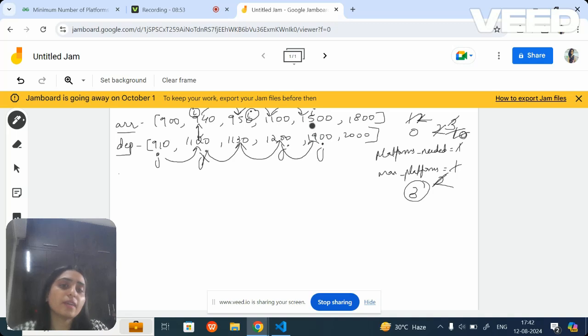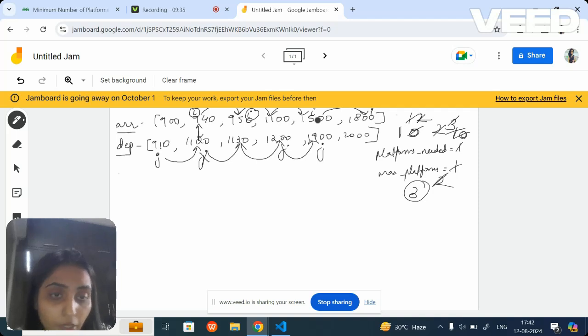Now, you check whether this is within, like if it is greater than or it is within. Yes, it is within, right? That means there is a train that is arriving at 3 o'clock, and there is a train that is going to depart at 7 o'clock. Okay, so you need a platform. Now this is 0, right? So I will put it to 1. And what is the maximum between 1 and 3? 3.